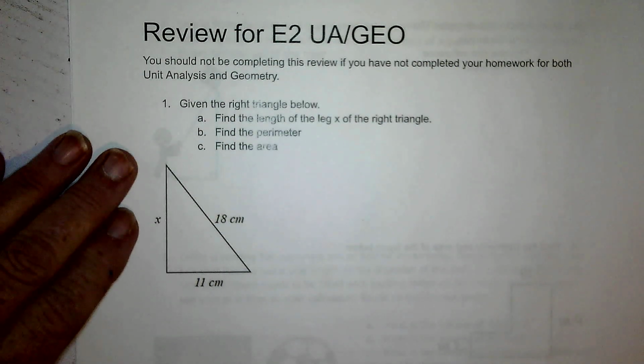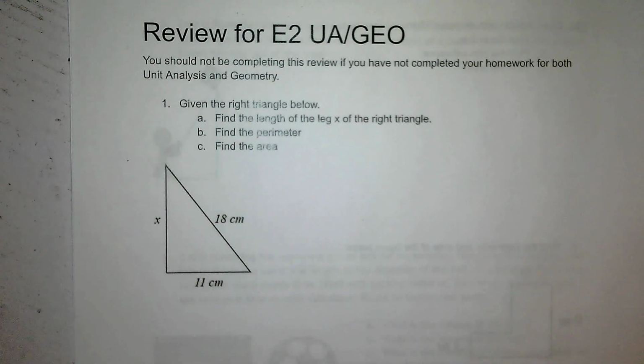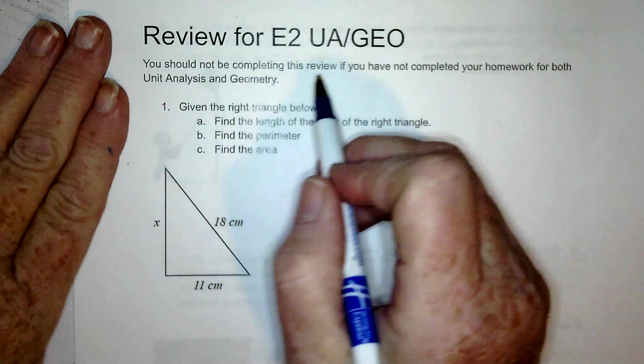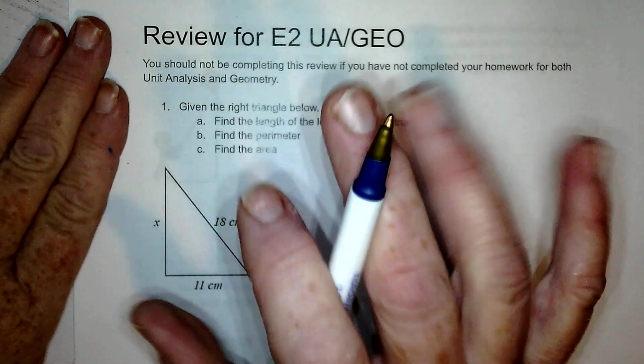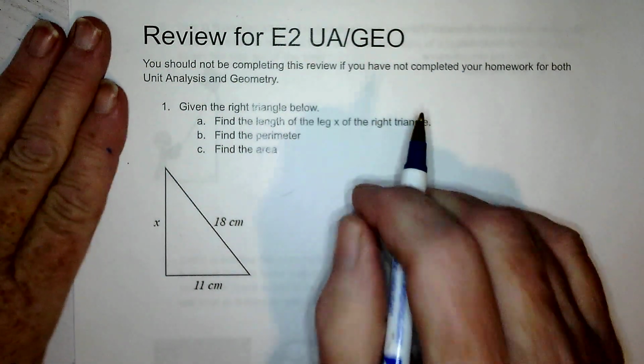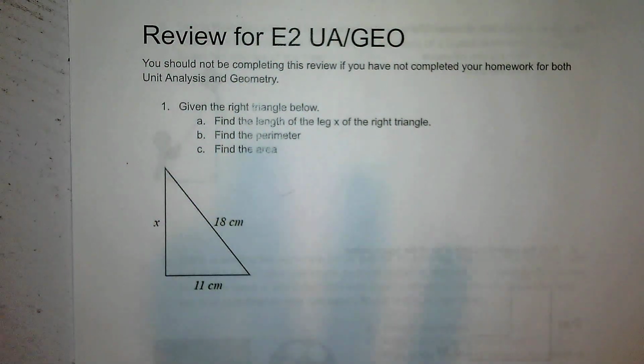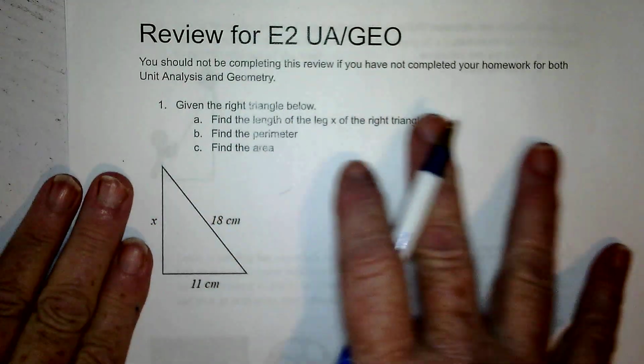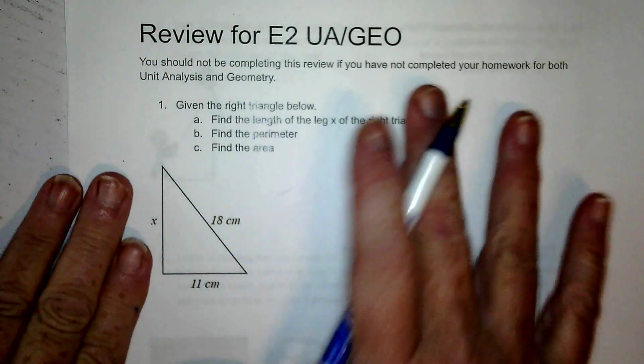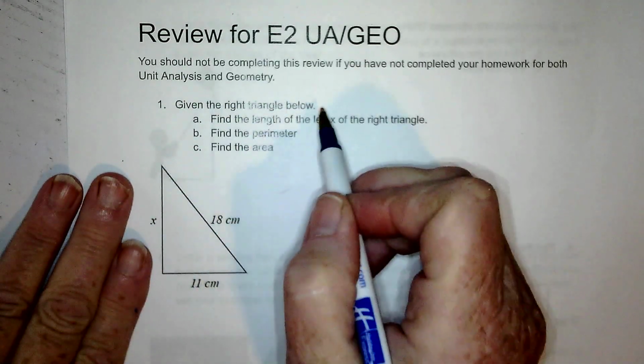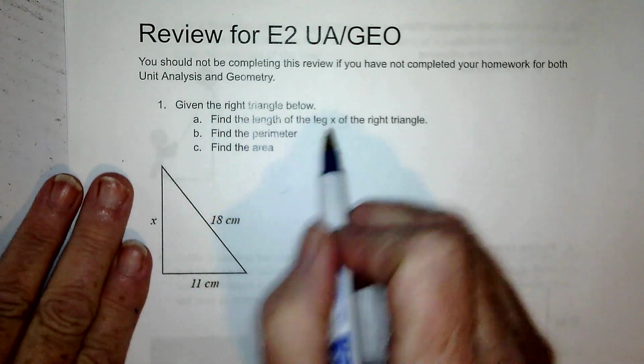Let's cover the review for exam 2. This is for unit analysis, unit conversions, and geometry. You should not be completing this review on the video if you have not completed your homework as well as the review before watching the video. Okay, so given the right triangle below, you're going to find the length of leg X